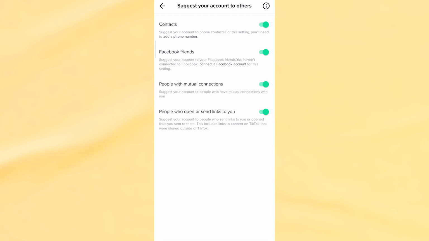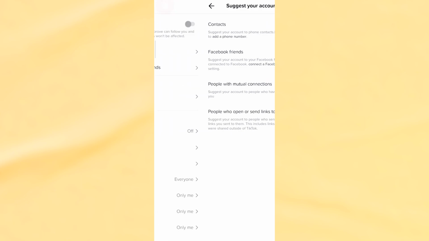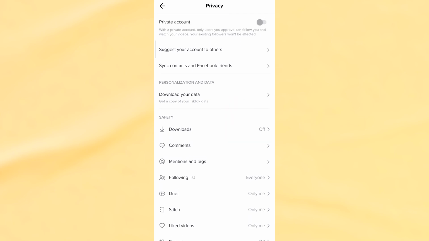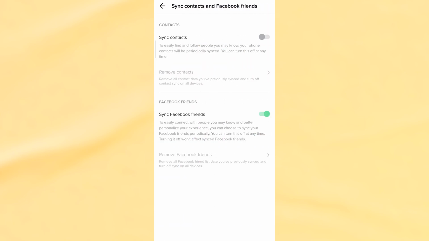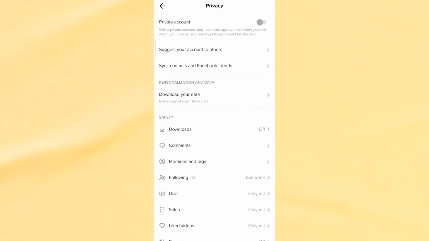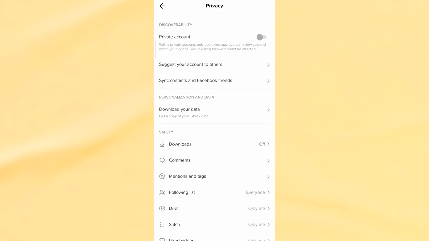Now as you can see, all of these are on the turn on button. Go and turn off all of these. Now go on the second one and also go here on all of these and turn it off. Go back. Now guys, you need to know that this needs to be off for at least 24 hours, and after that